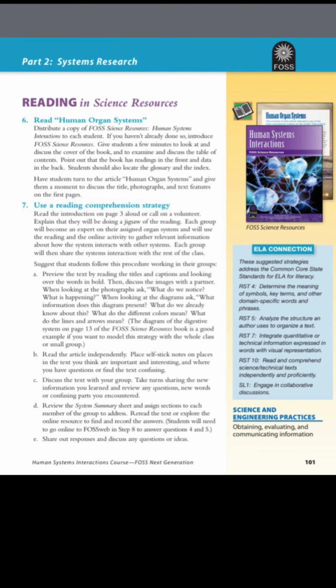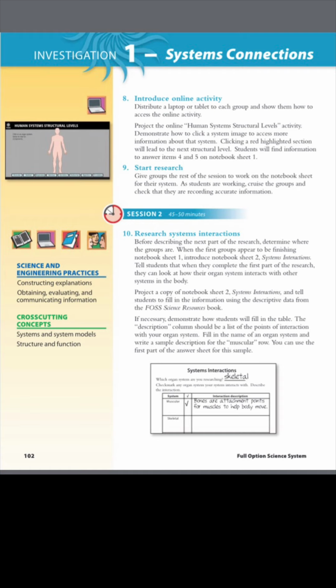Investigation 1.1 can take about 15 to 20 minutes of class time, and you can assign the human organ system reading for homework. In Investigation 1.2, students conduct system research. And there are like 2 good